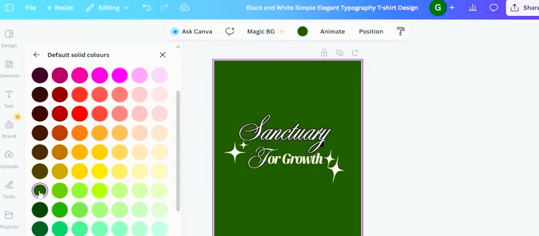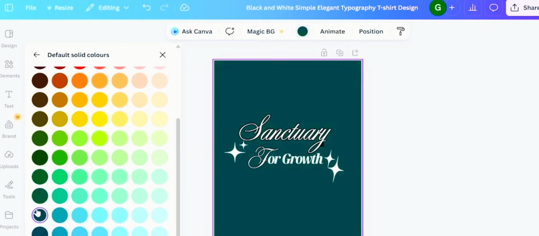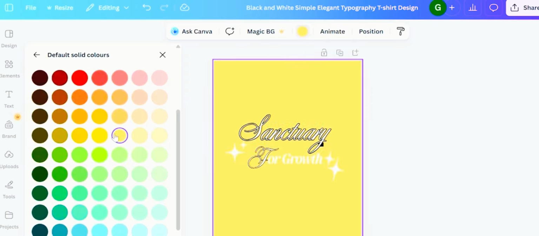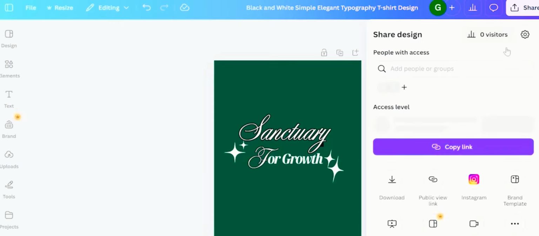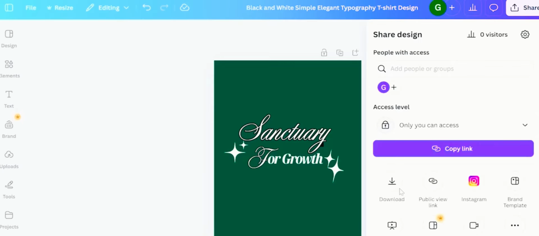So next I'll be choosing which color I want to go with. You can see, when you click on the color icon, there are so many colors to choose from, but I'll be going with the green. Next, click on the share icon, then go to download. You click on download,